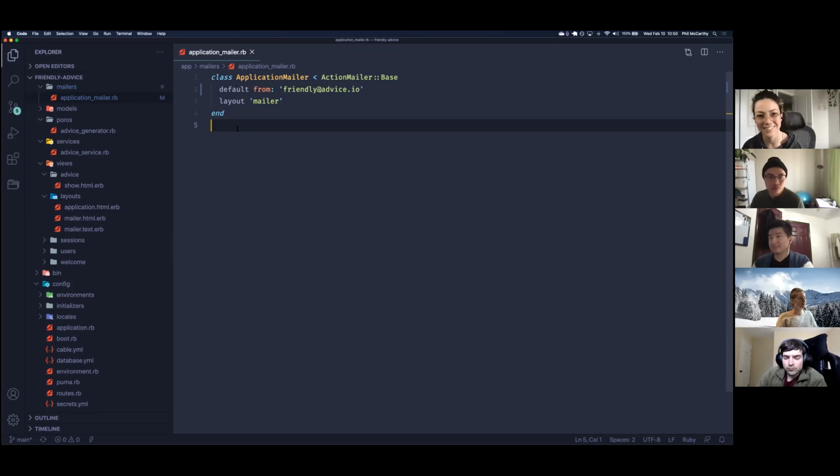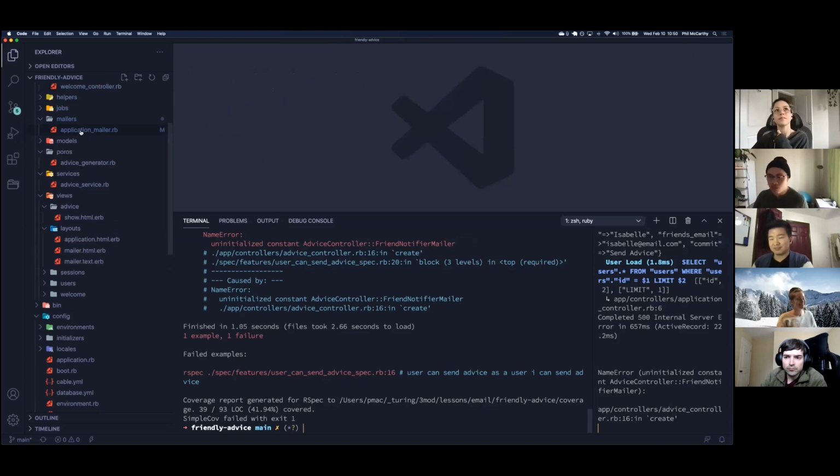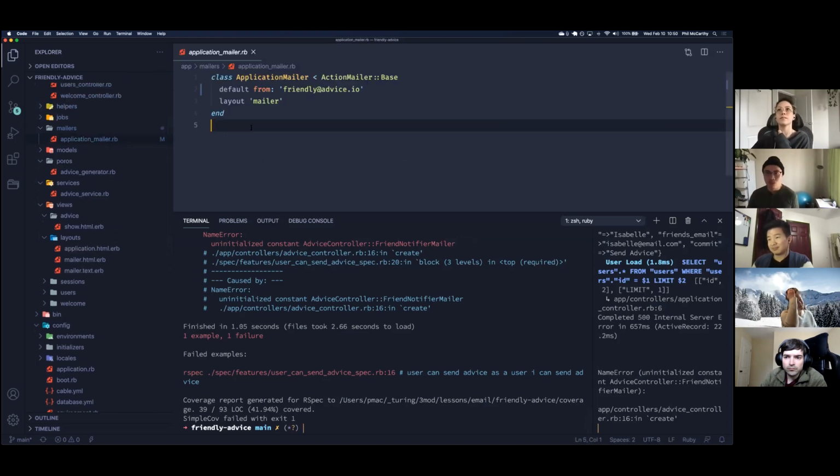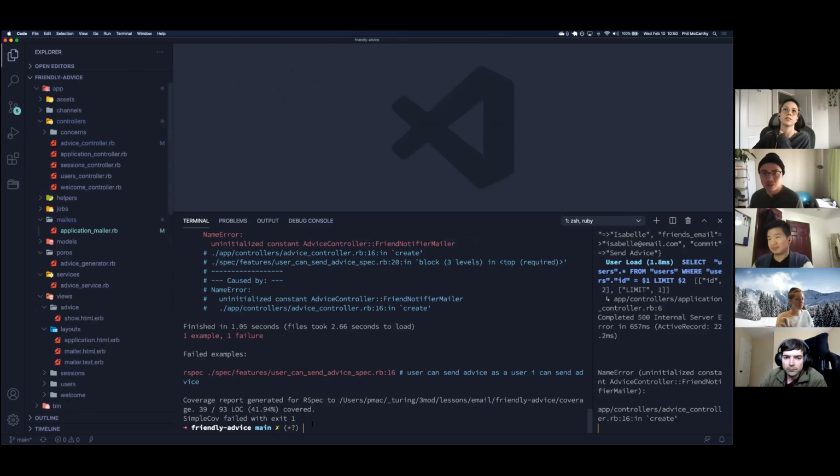Cool. All right, so we have the application mailer. We did a few tweaks to make sure that it doesn't get noted as spam, and we made sure that we have a text mailer layout. Now we need to make our actual mailer. So in that same folder, we'll generate a friend notifier mailer, and you can actually use the